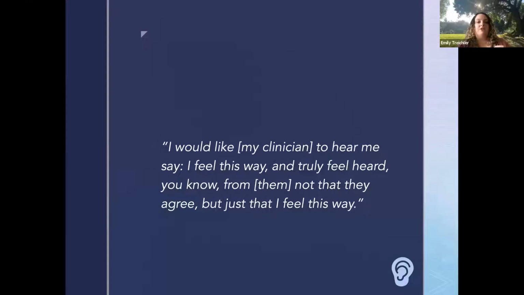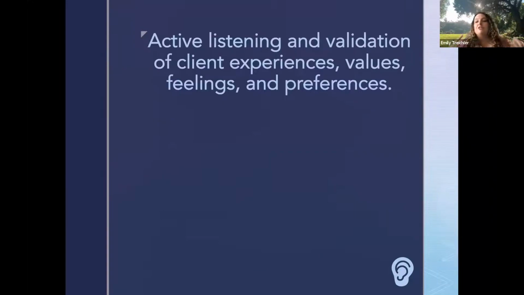And so that connects to the first thing that I would suggest to you. The way that I have laid out these strategies, I think of them as a little bit of a scaffold. So if you were to pick just one strategy, I would start with this one. And if you were to pick two, it would be this one and the next one, right? On to the end. But of course you can do them however you want. That's just kind of how I've thought about them and laid them out. So based on that, the first one I would choose is this one: active listening and validation of client experiences,